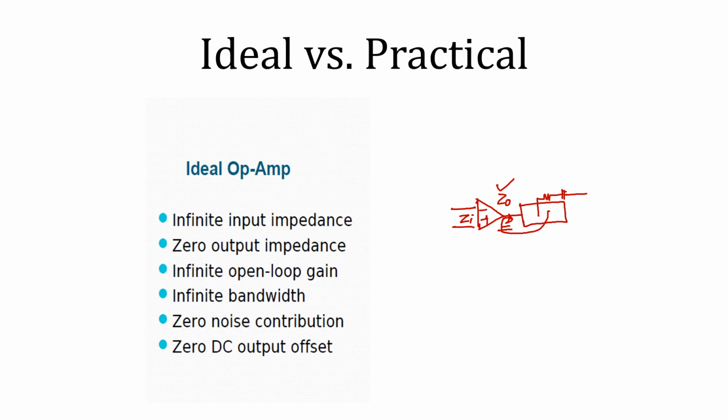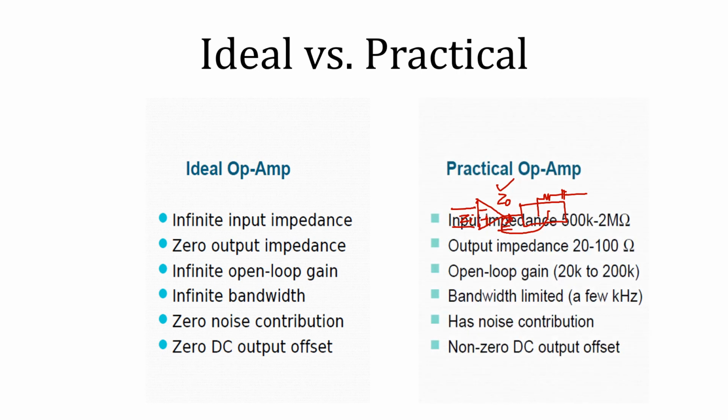Then the fifth one is zero noise contribution, that is, it should not generate any noise. And the last one is zero DC offset output, that we have already said, it should not include any DC component in the signal when we are amplifying any signal. So let's see what are the practical characteristics